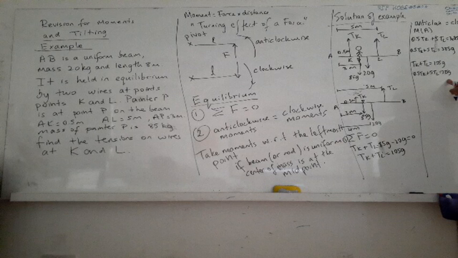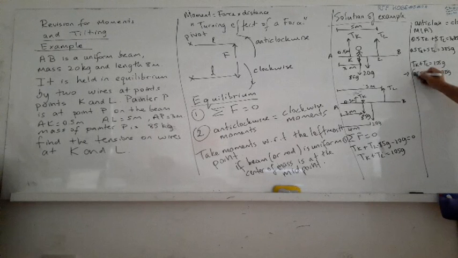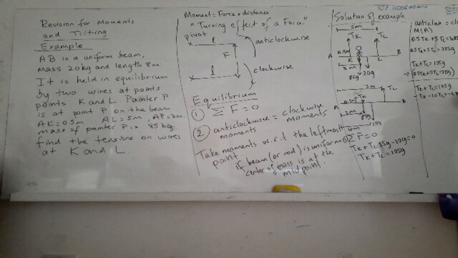I am going to multiply that one by -2. So Tk plus Tl is equal to 105G, minus Tk minus 10Tl is equal to minus 670G. So when we add these,